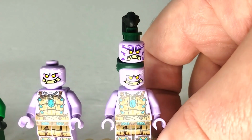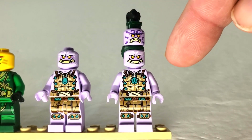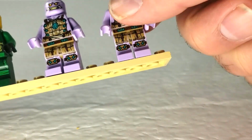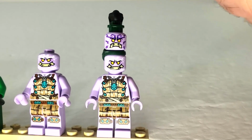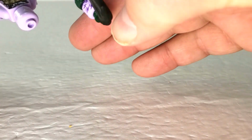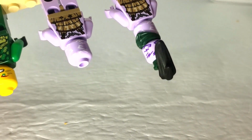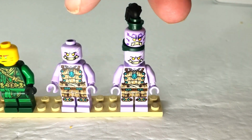You can see his head, double heads there, and mainly because this stuff doesn't really hide anything, and it's also designed to give it a more solid appearance rather than just stacking the heads on top of each other, which you could do. You don't need the little neck support thing there. It's interesting, but it's basically a mask in a navy blue color. We get an extra one of those as well, so that's a little bit different. I don't think we have one in navy blue, but turning them around,